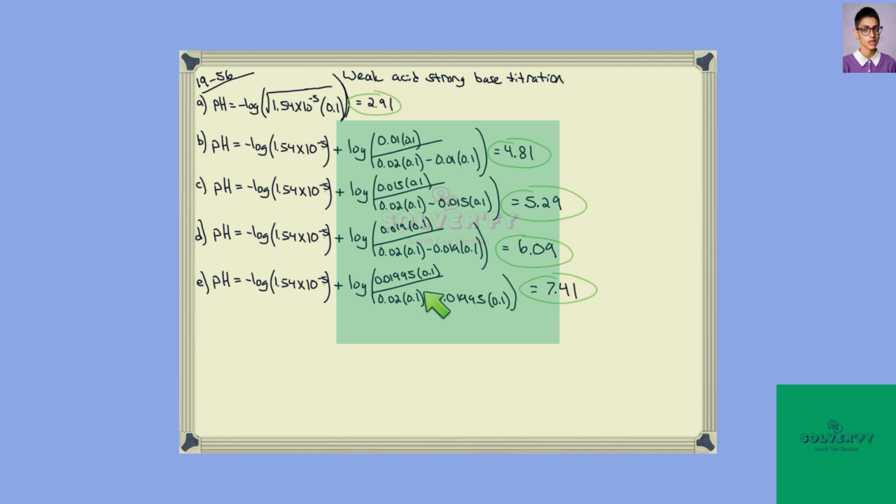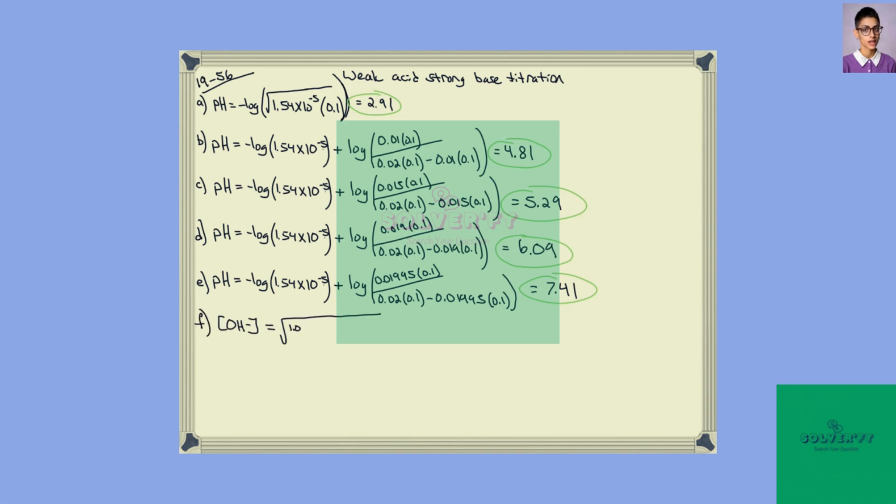This then is also equal to the moles of weak base formed, namely the 19.95 milliliters, or 0.01995 liters, multiplied by the molarity. This then gives us a pH of 7.41, and we are still seeing an increase in pH,